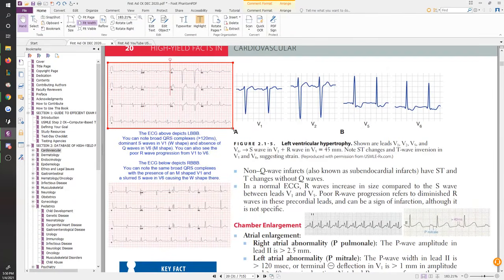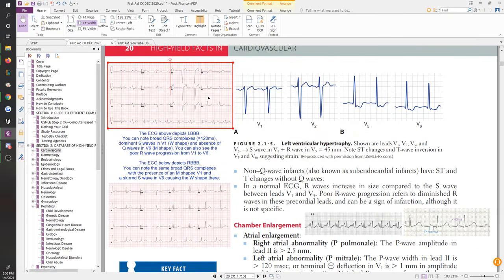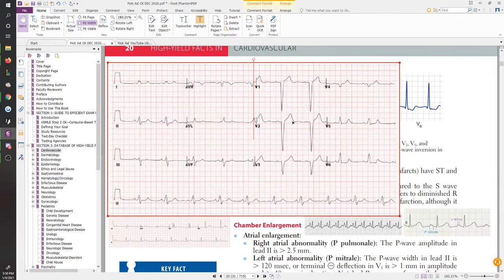In this first one up here, we actually do see some level of ST changes, but not in the V5 guy, right? So in V5, we don't really see an ST change. What we do see is that it's not as big as it's supposed to be, right? Remember that when we look at this first one, we're supposed to be thinking we have a left bundle branch block. And the reason we're immediately going to think this is a left bundle branch block is because nothing else is really wrong anywhere.